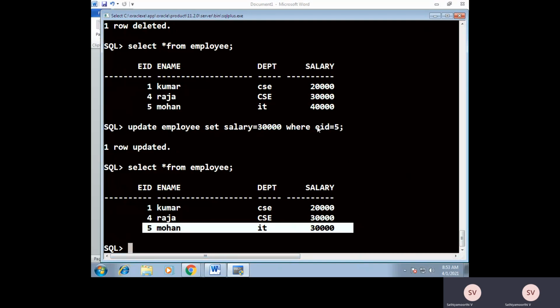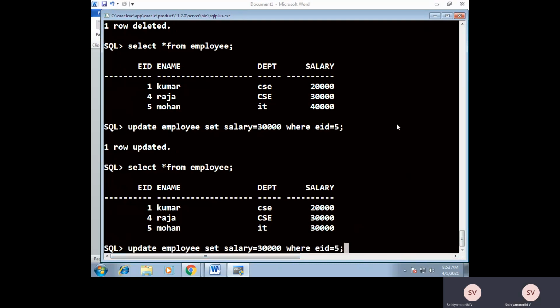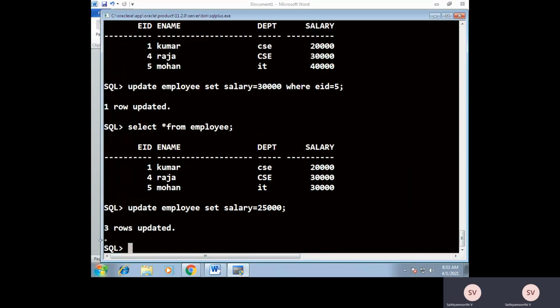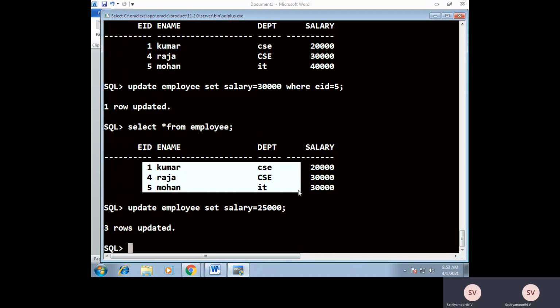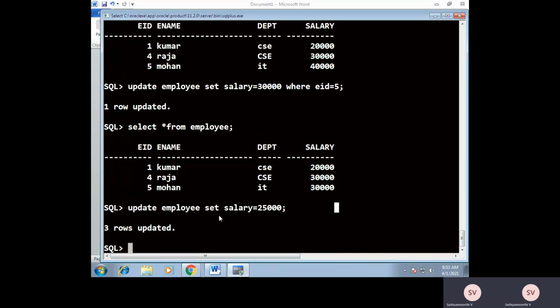If you have not specified any condition, then irrespective of any condition, it will set the value for all the records. For example, here I'm not giving any condition. What will happen is, for all the records, it will assign the value 25. Since we have only 3 records here, for all these 3 records it will assign the value 25.